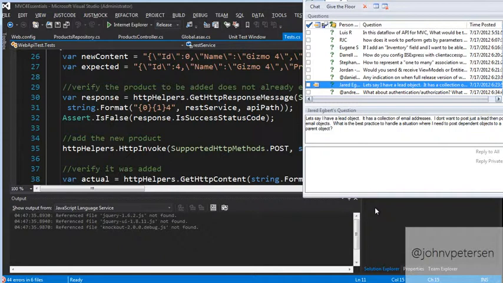You're using the Web API effectively as a test harness around your repository. And that repository should be the gatekeeper to your ORM world, whether it's NHibernate, Entity Framework, or whatever. Those things should be handling that.